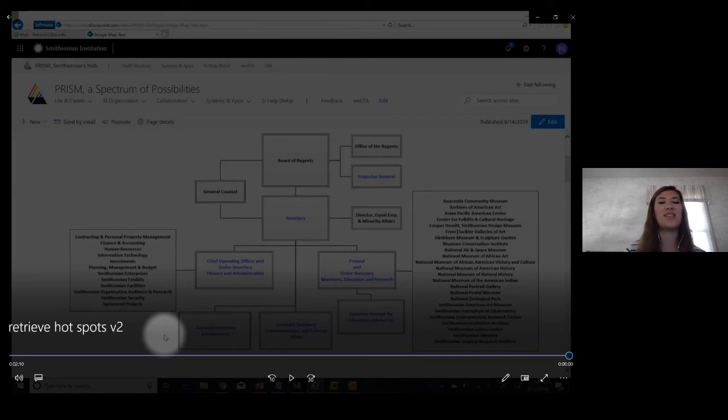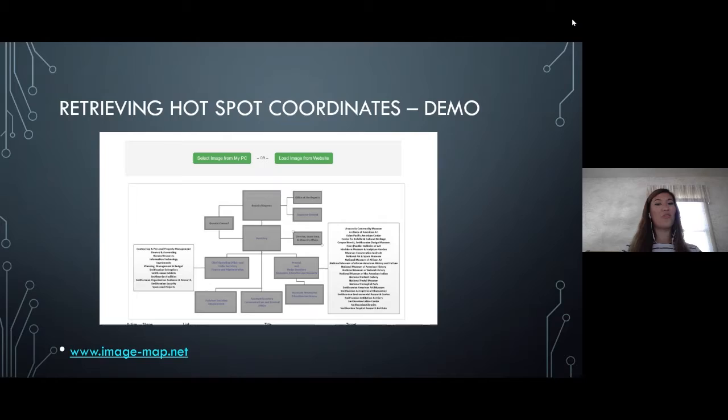Yeah, that's what I use, and honestly, I don't know how you all feel, but my boss was like, what was that site that you figured out the coordinates? And I was like, oh, it was a free site, imagemap.net. So maybe that's super helpful for you, because that was just something, again, I had stumbled upon and I didn't realize how helpful it was. So here we go. Again,